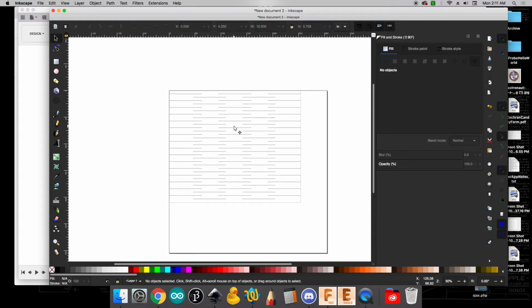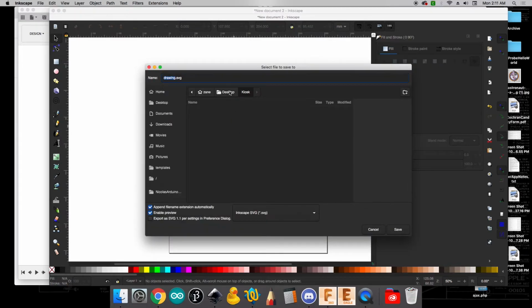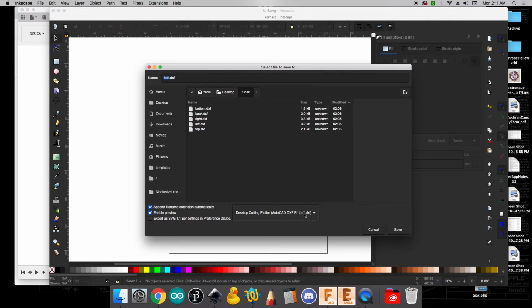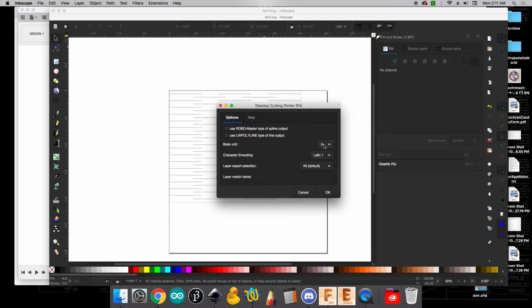So at this point, let's go ahead and save. I'm going to call this Kerf. I'm going to save the original SVG just in case I need to make any edits later on. But ultimately, I'd love to save this as a DXF, and that's going to be DXF R14. We'll call it kerf.dxf. I want to make sure I'm exporting as inches and that neither of these boxes are checked. And so if I click OK,